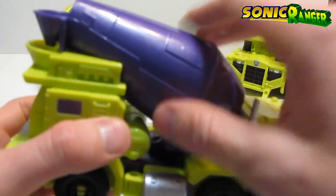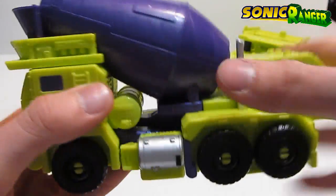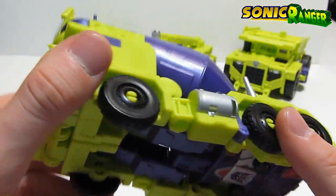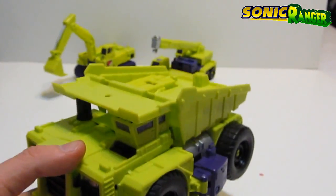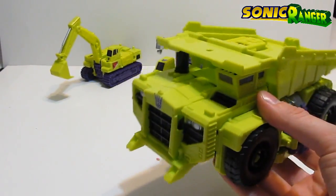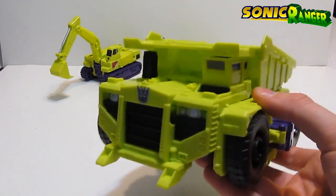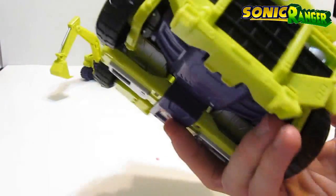Minor nitpick is the fact that the cement mixer does not rotate, so it's pretty stationary just like the Revenge of the Fallen figure. Long Haul, the fat boy himself, is probably the heaviest out of this whole group here, so, you know, him being the biggest part of the combiner team, it truly does show. I mean, he does have some nice paint apps here, so...